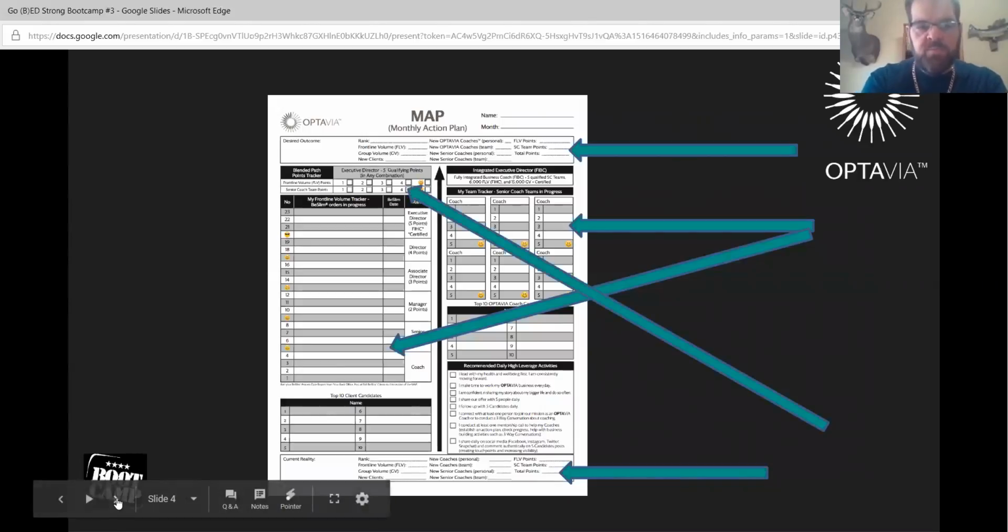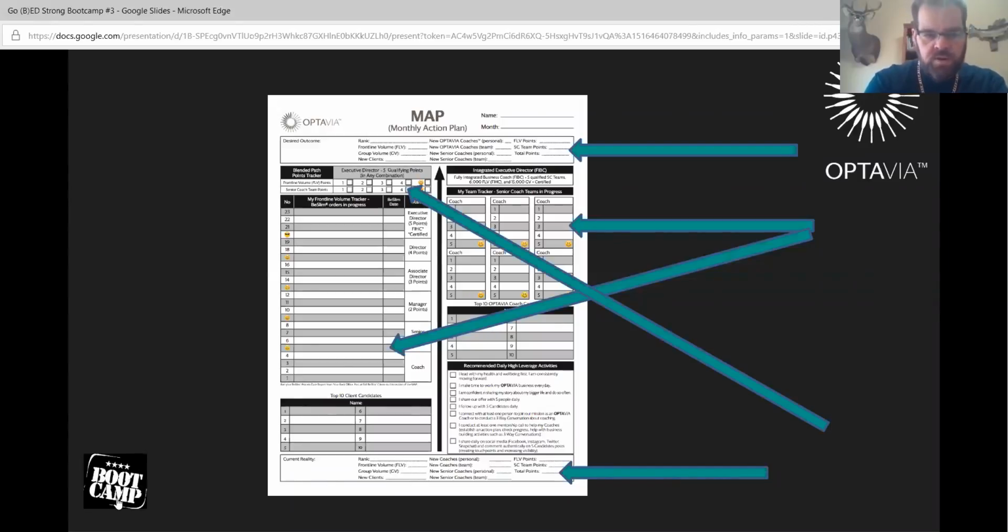All right, so the next section. That is where you're going to keep up with your points and your coaches. So as your frontline volume increases, to hit senior coach, you have 1 point. That's in frontline volume. And then when you bring on a senior coach, that's when you start to become blended. And that's a blended executive director. And as you break a senior coach, you have those boxes in there, and then that'll increase your point for each coach. That's 1,200. That gives you 1 point, and you need 5 points to go executive director. So continuing on up the scale.